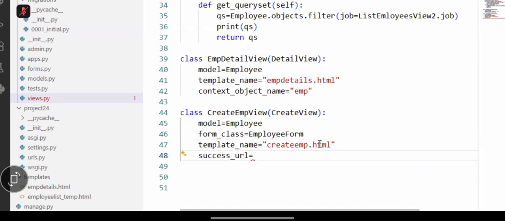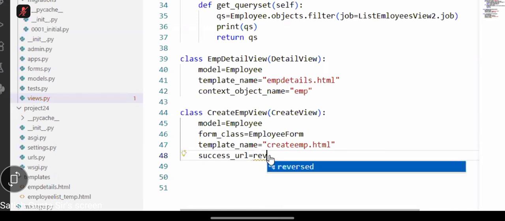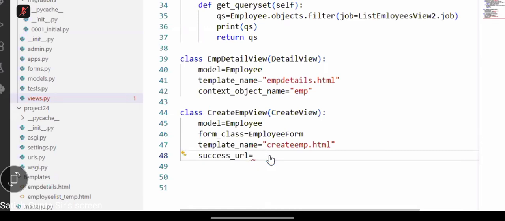Means on successful insertion of data, I want to list all the employees. Then how can I display? How can I redirect? Now I should assign not a response, I need to assign the success URL. I need to assign a URL, and you assign that URL by using one method called